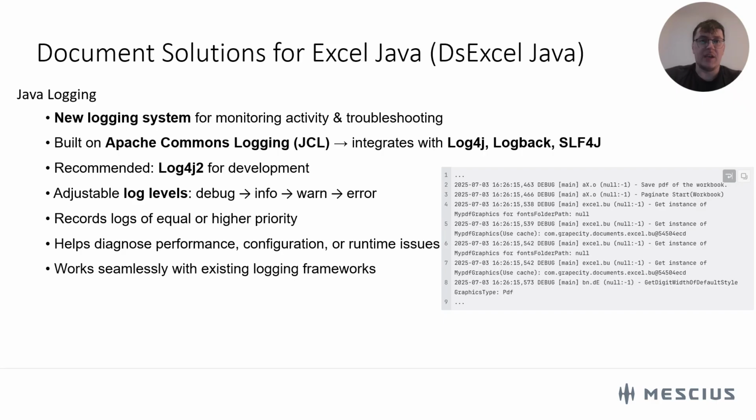This means that you can keep your logs clean in production while still having the option to switch to detailed tracing in development or troubleshooting sessions. The output includes timestamps, log levels, thread names, and detailed messages, giving you full visibility into what DsXL is doing